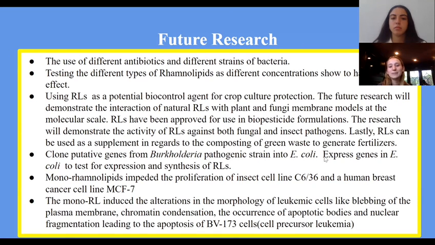The results from our BLAST analysis show that the RHLA and RHLB genes from Pseudomonas aeruginosa were homologous to the Burkholderia pathogenic strain. Our future applications can include cloning these putative genes from Burkholderia into an E. coli strain to express the genes in E. coli and test for expression and synthesis of rhamnolipids, creating an additional manufacturer of rhamnolipids. Rhamnolipids can also be used to combat cancer. Monorhamnolipids